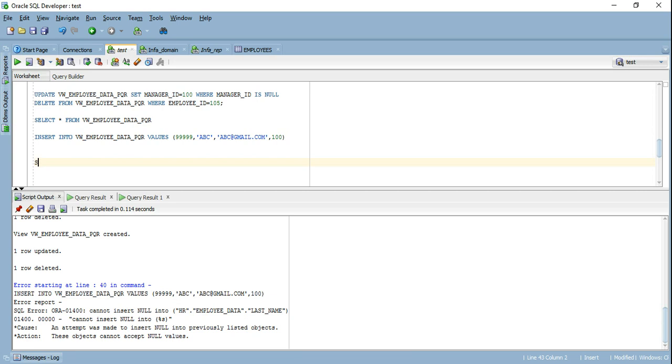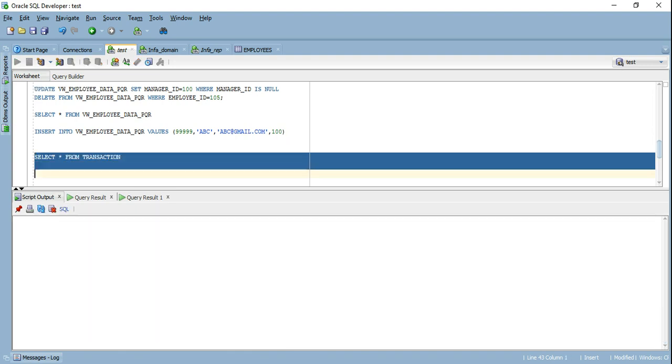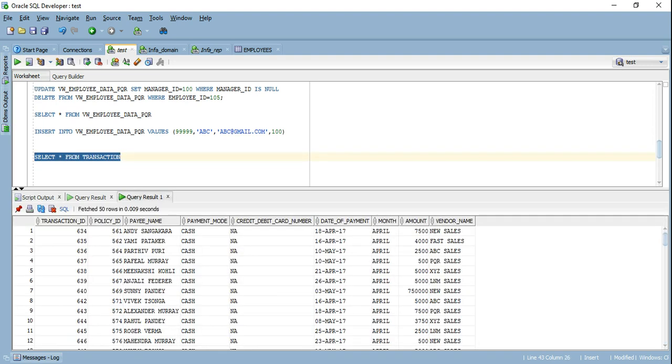see the data from the transaction table, but he doesn't want to see the entire data. He just wants to see, every month, in a particular month, a particular vendor has done how many sales. So what exactly does he want to see?